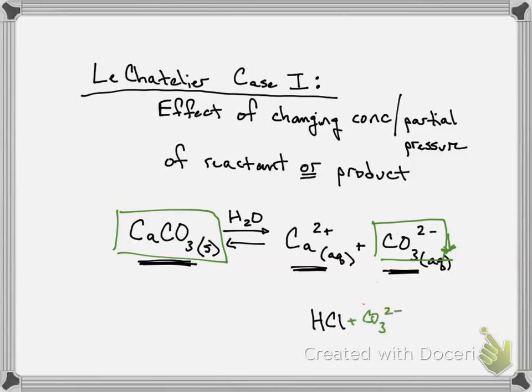CO3 2- in the presence of HCl will actually initially have us form H2CO3, plus just a Cl- over here. And this thing tends to degrade itself into both water and carbon dioxide, right? And so we've all seen the volcano that you can make from baking soda and an acid, that's essentially what you're doing here. If you add HCl to this thing, the whole point of this reaction is that you're actually decreasing the amount of CO3 2-, right? So how do you think the